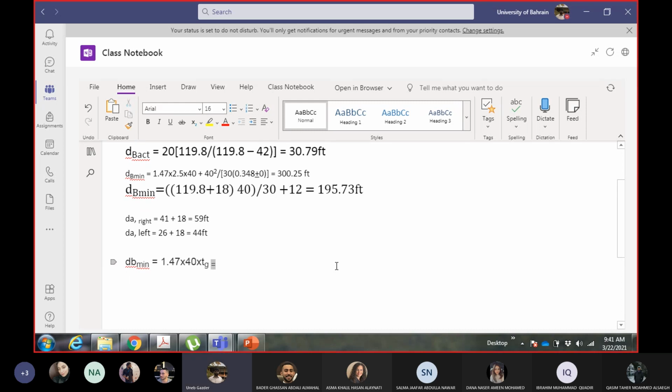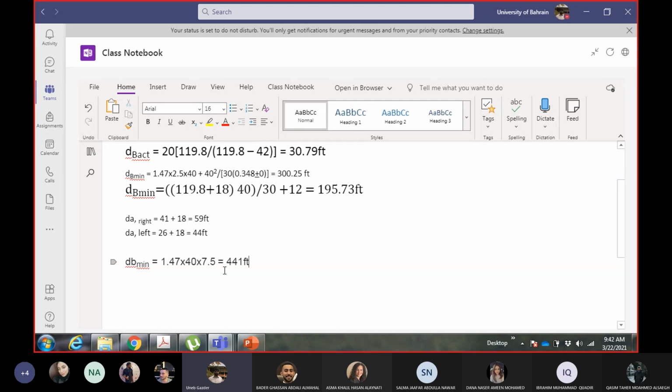So how much is required? The speed is 40, and the gap was given as 7.5. That gives this value, 441 feet. So this is the minimum required distance for the vehicles which are approaching from road B, the major road.